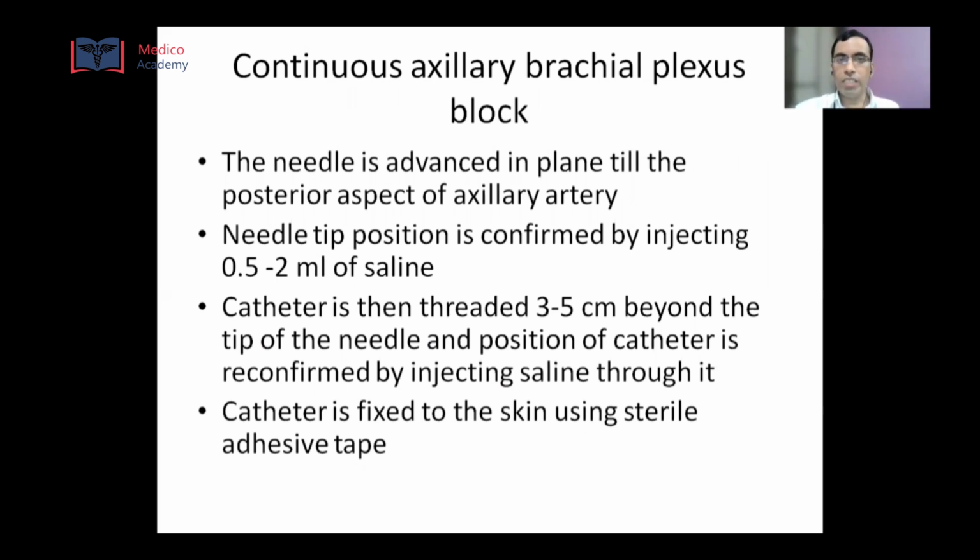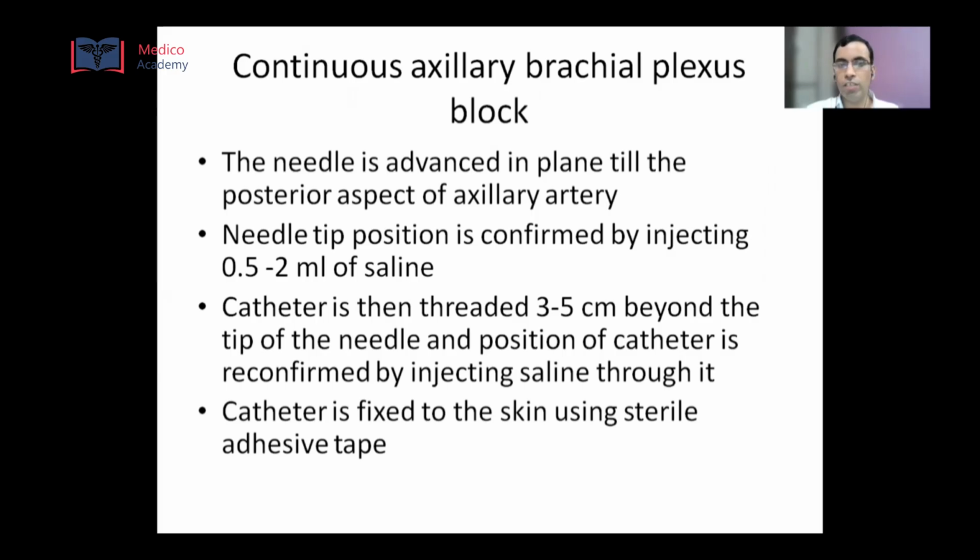For giving continuous axillary brachial plexus block, the technique is almost the same. The needle is advanced in plane till the posterior aspect of axillary artery is reached. The needle tip position is confirmed by injecting around 1 to 2 ml of saline. Catheter is then threaded for around 3 to 5 centimeters beyond the tip of the needle, and the needle is